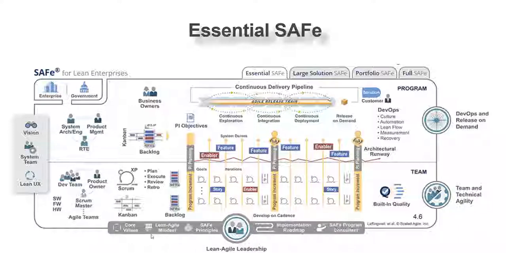What it says is, if you have 5 to 10 teams working towards the same product, let's combine them together and make one big team. Instead of having each team work individually, let's put them together and